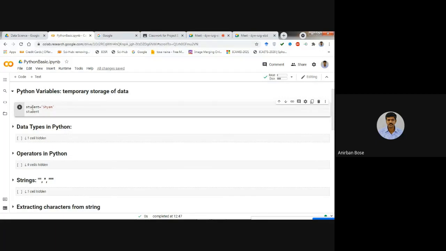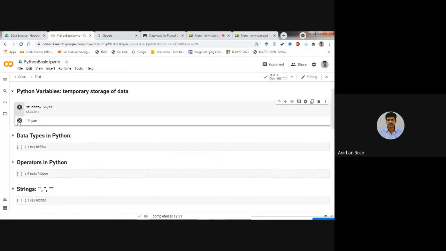Then what will happen is that within that variable student, this string sham will be assigned. So now the student variable will contain sham. If you want to see what is there within student, just write student and execute it, and you will find that student is showing sham.